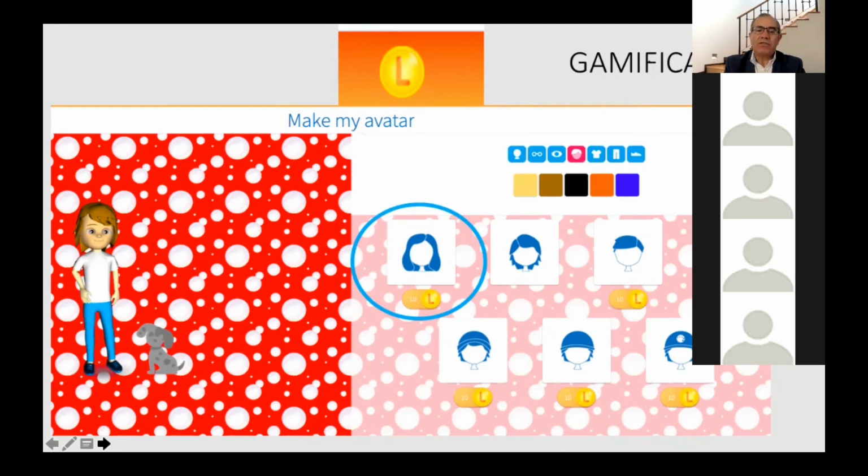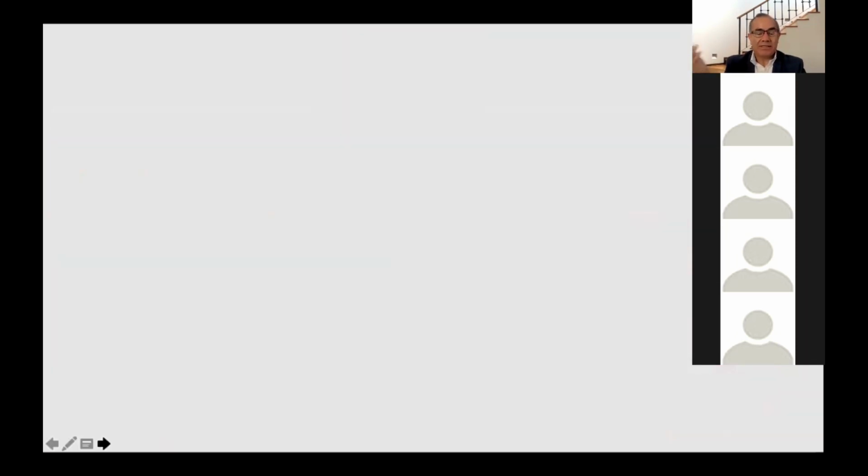So if you want to have long hair, you need lingos. If you want to have this, it's for free. And if they now want to comb their hair to that side, well, it costs 10 lingos. And if you want a cap, it costs lingos. So the encouragement is to play with the activities so they have more and more lingos. We call the activities learning games. This is the connection, and we use the remote control for that.